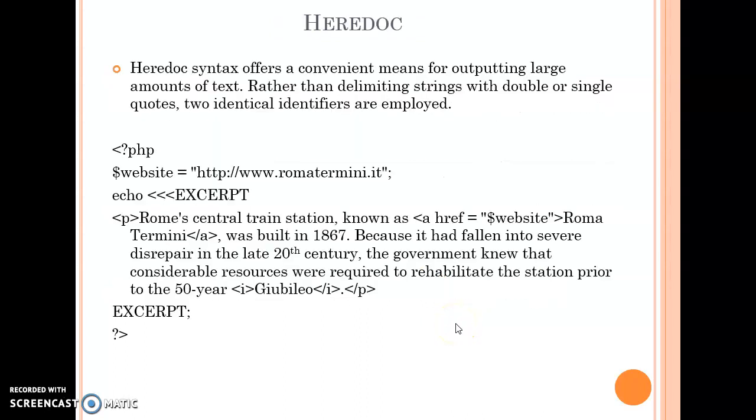Next, here document. Here document parses multiple lines of data. There are some rules for representing here documents. It starts with three less than symbols. One keyword is an end keyword that must be at the end of the string. In the total paragraph, HTML syntax is also parsed. So it parses the whole paragraph. Multiple lines of a string can be parsed by using here document. Thank you everyone.